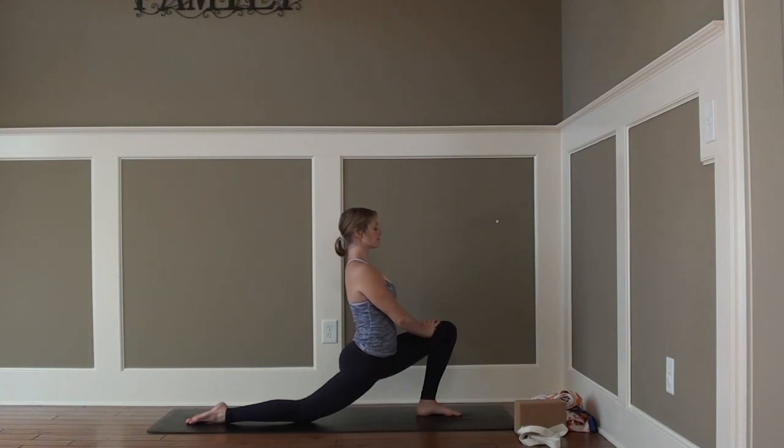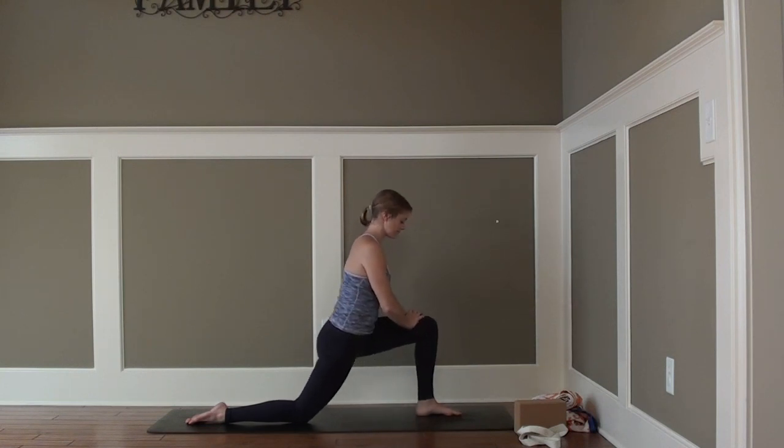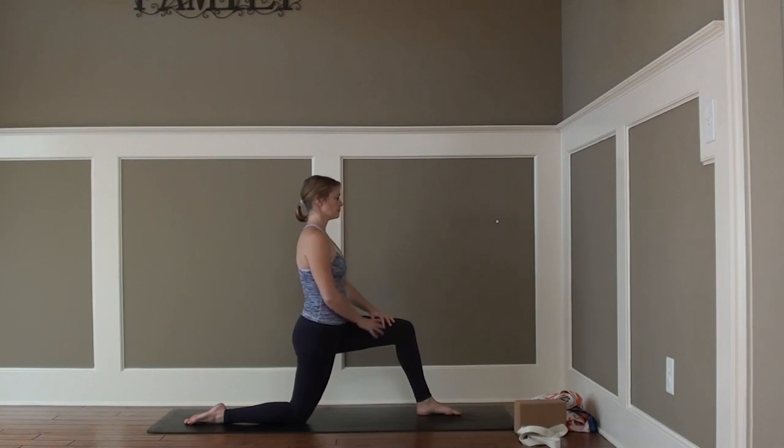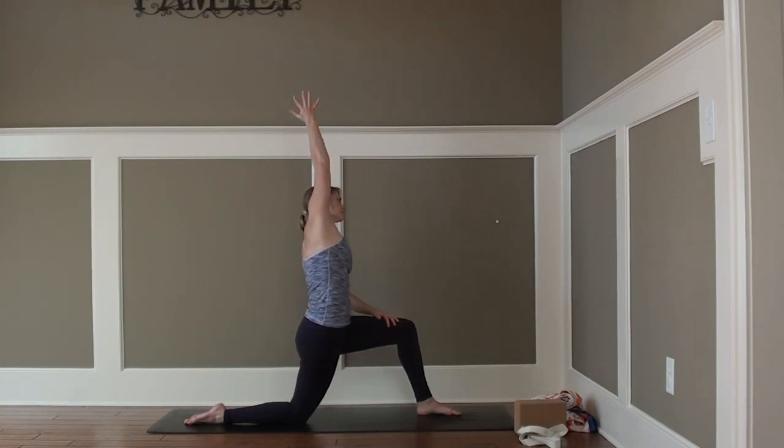Spine staying long and lifted. Shoulders relaxed down away from the ears. Taking deep inhalations and exhalations. Releasing from there, bringing the hip on top of the knee. Keeping the left hand on top of the left thigh, reach the right arm up and over, gazing up and